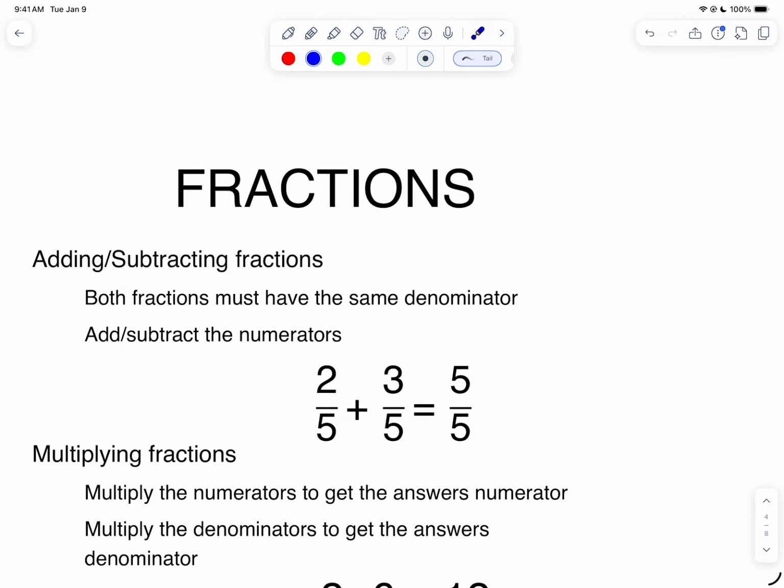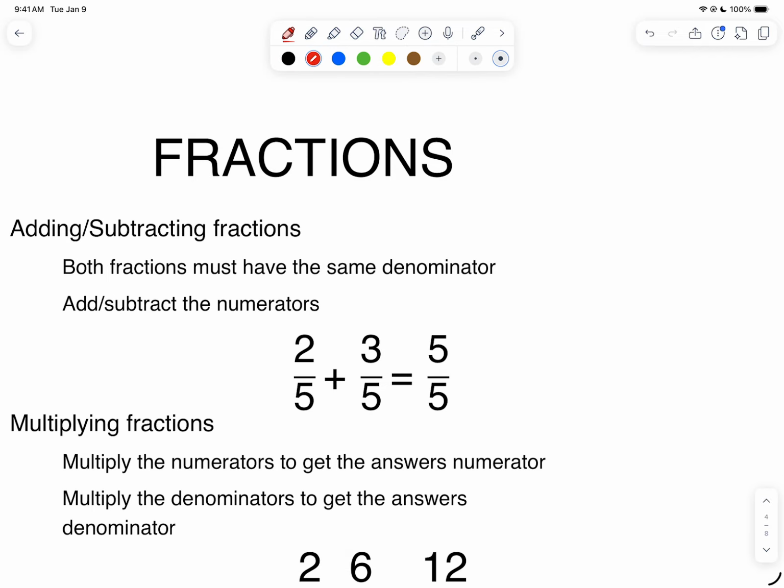So why do the denominators have to match? They have to match because the denominators tell us that the pieces are the same size. So if I have 2/5 and 3/5, I'm combining pieces that have the same size. It's like saying I have 2/4 and then someone gave me 3 more quarters and now I have 5/4. Easy, right? But what if I had something like